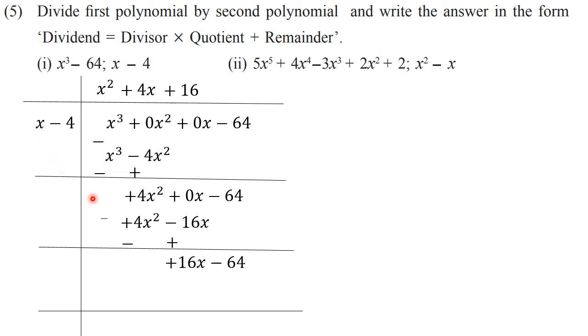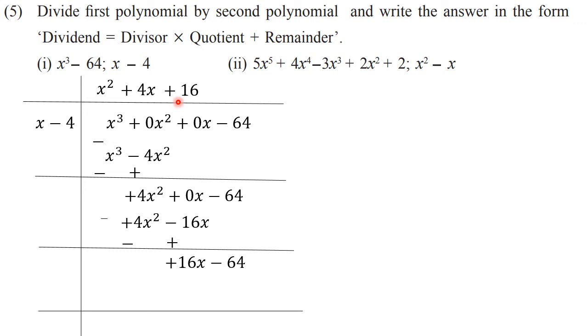Okay, now this process we can do only when the degrees are either greater or they are equal. Like see here, x cube was there, so we divided. Here x square was there, so we divided. Here x is there and here x is there. They are equal, so we are dividing. If we have only number here, it is not possible for us to divide. Okay, so for this, we have to always go on thinking that if we get the degree which is less than the divisor, then we have to stop dividing there. That is our remainder. But here see x and x, the degrees are same. So again, 16x is divided by x and plus 16 is our third term of the quotient, which we wrote here.